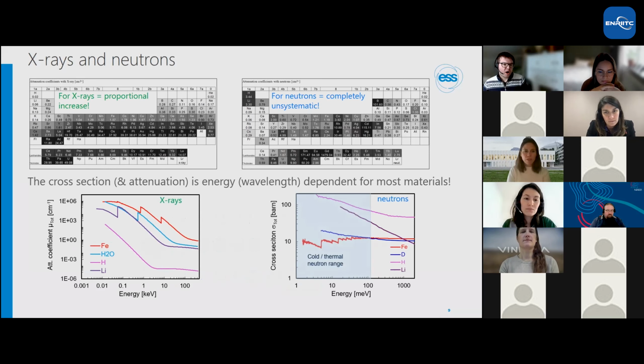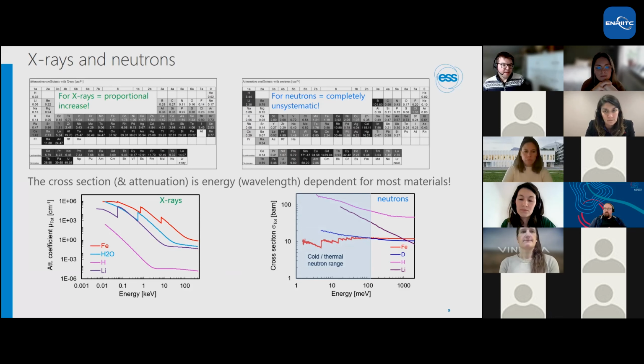And moreover, this attenuation, or more generally speaking, the neutron cross-section, also depends on the energy of the radiation. And this is true for X-rays as well as for neutrons. And of course, one can make use of these differences during experimental investigations, something that we inherently will do at the ESS because we are a pulsed neutron source and we have energy selection by a method called time of